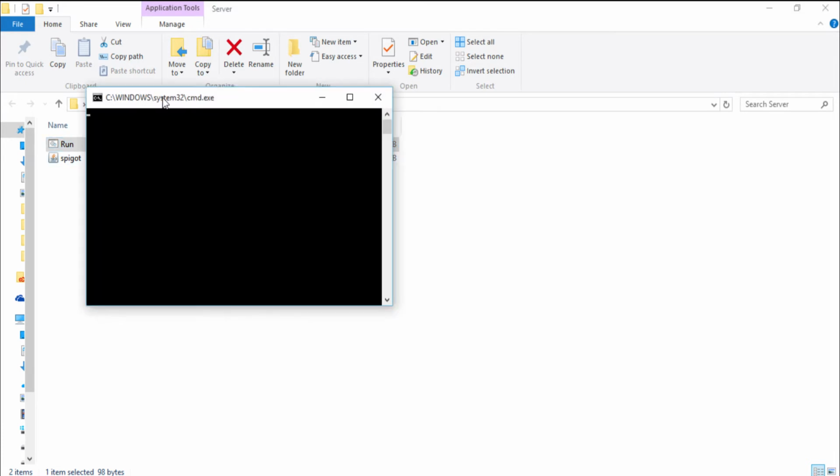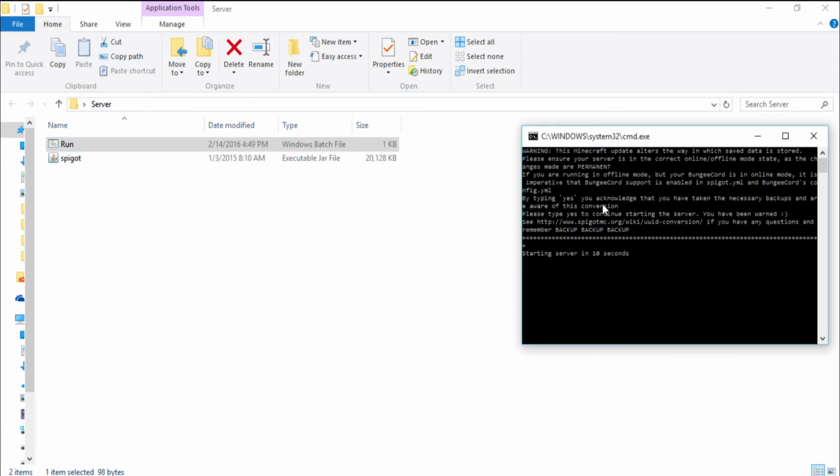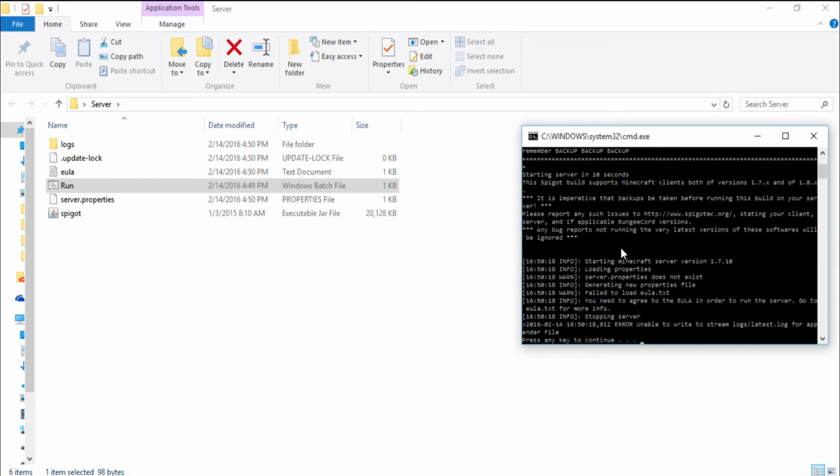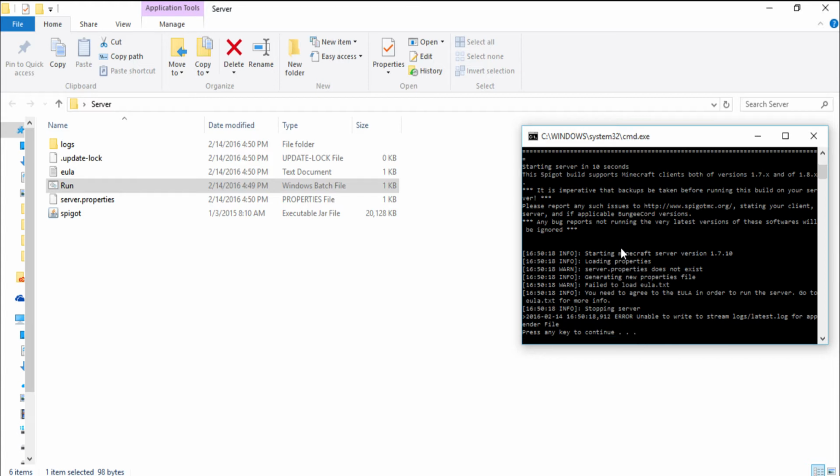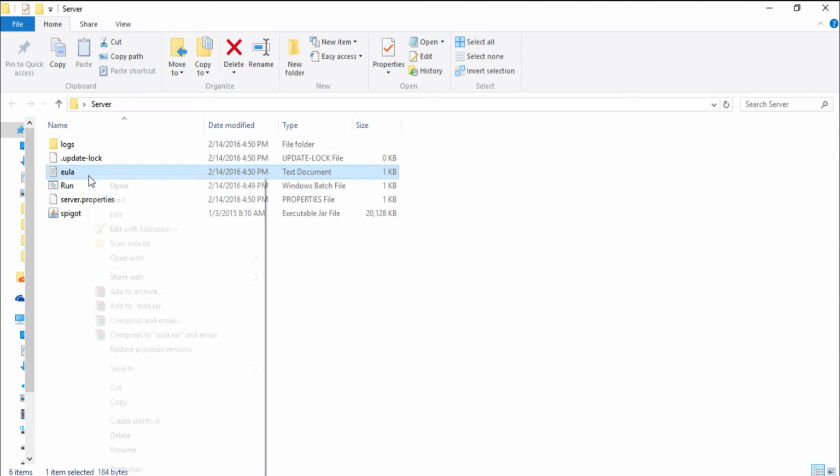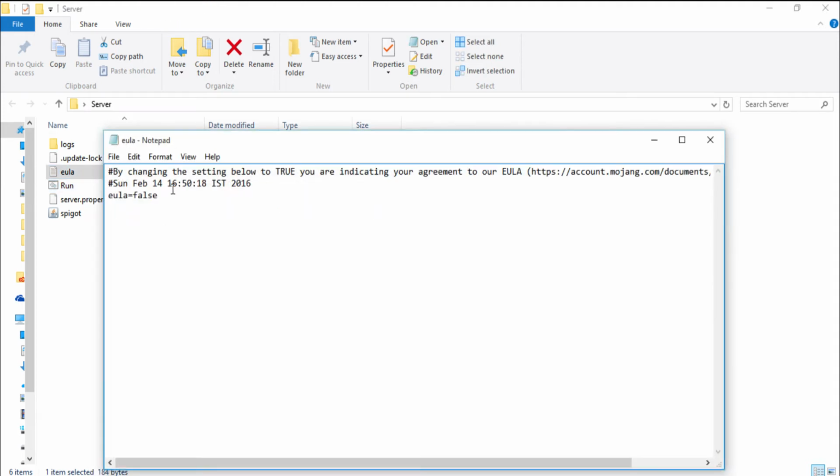When I open this up, it's gonna start your server up, and it's gonna put a lot of files here. So basically now the server will ask you to accept the end user license agreement from Mojang. If you don't accept this, you can't start your server up. So how do you do this? You press continue, you go to EULA, you open it, and then you change false to true,